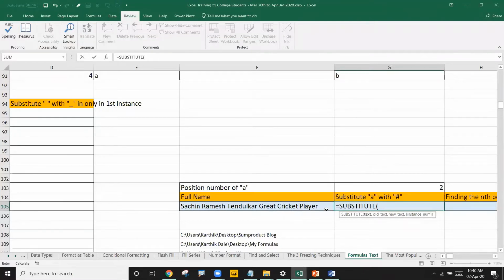So I'll give the text here. This is my text, comma. Old text is, let's say, wherever we need to find the A, right? So that will become your old text. Why it is becoming the old text, I'll tell you. So double quotes, A, double quotes, comma, new text within double quotes. You write some other character which is not an alphabet at all, some special character. For example, you write a hash. In any names or any sentences you don't find the hash, right? So you give some rare character, double quotes close, and in the